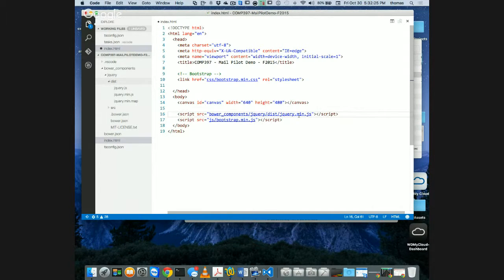And what this does is it gets the latest version of jQuery in there. Let's do one more. Let's do one for Bootstrap. I'll say these are JavaScript